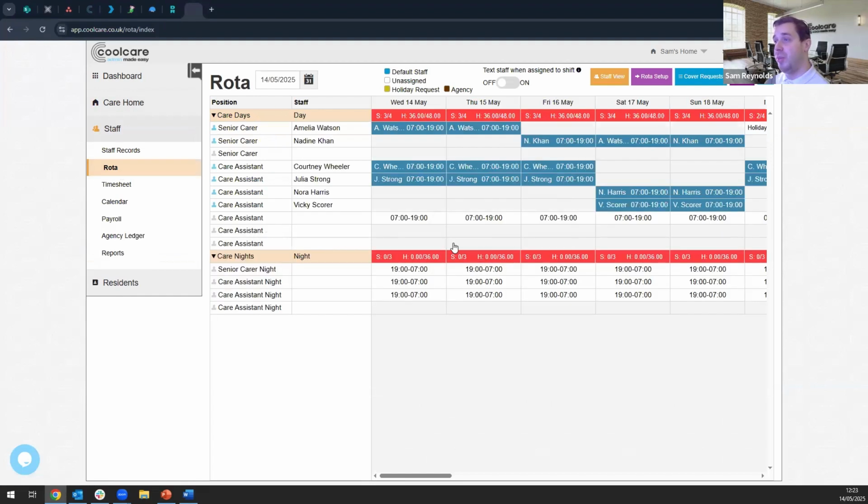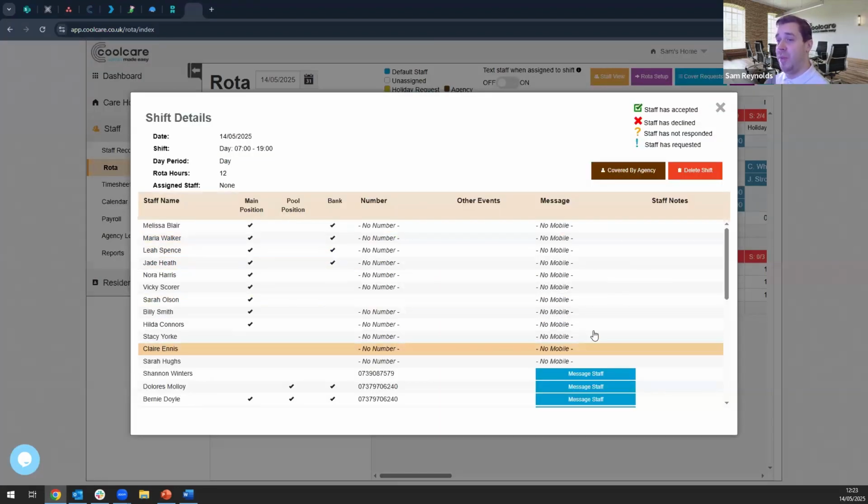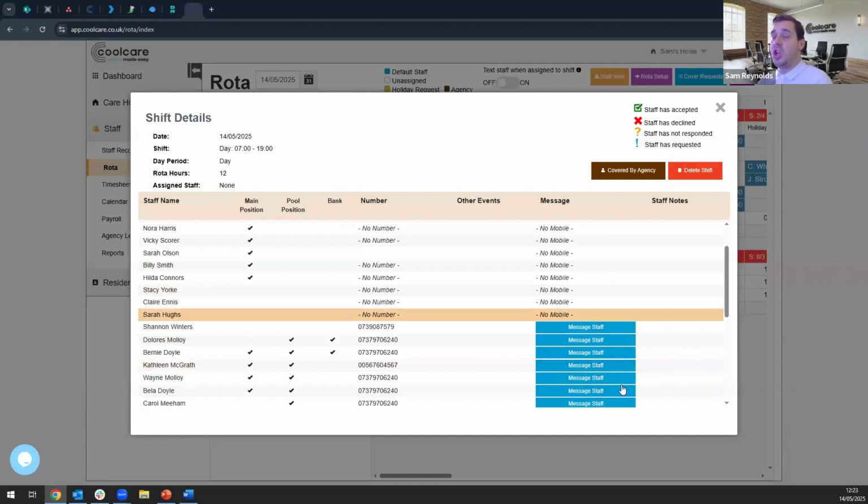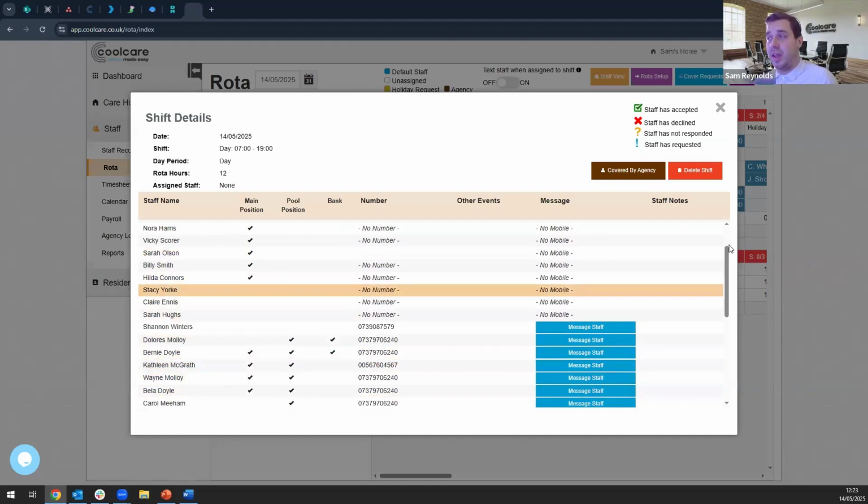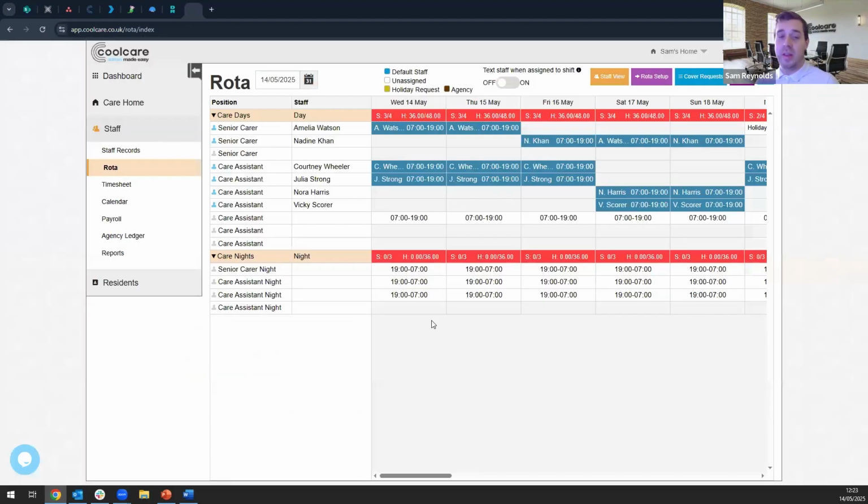And that can be done through the shifts themselves just by clicking into it. And from there, you can ask them to pick up shifts. Again, communicating with your staff members what your needs are, and they're aware of it. So they're, as I say, kept up to date with what's going on, and they can even interact with CoolCare